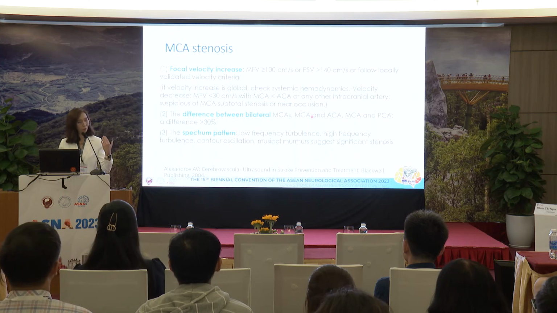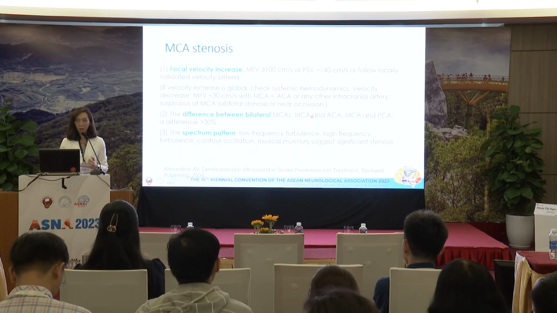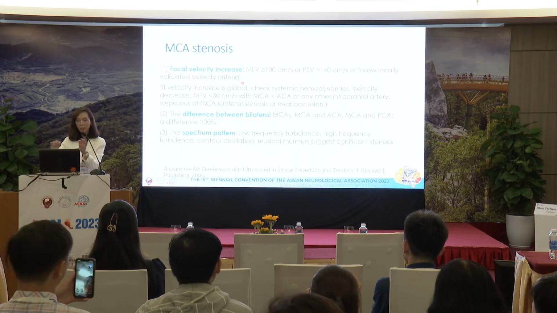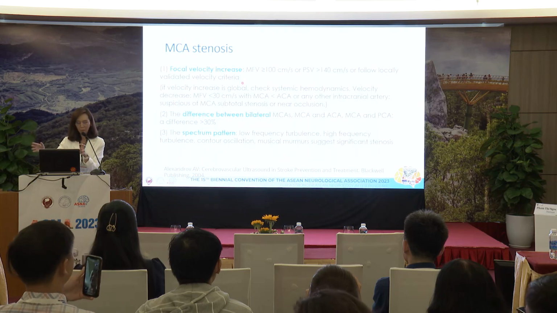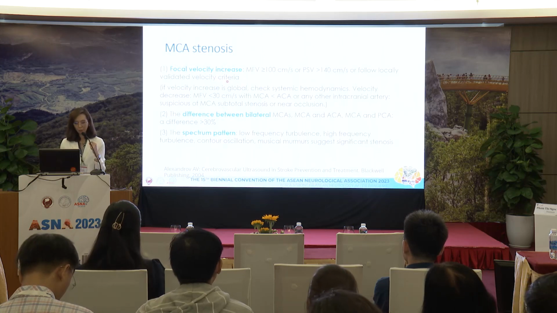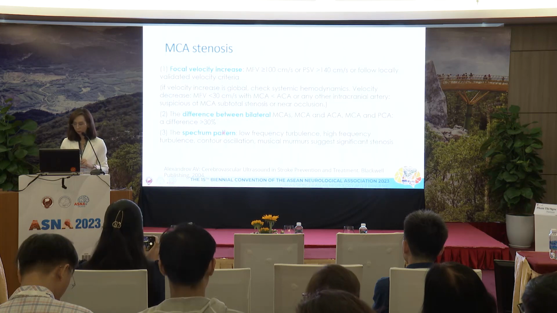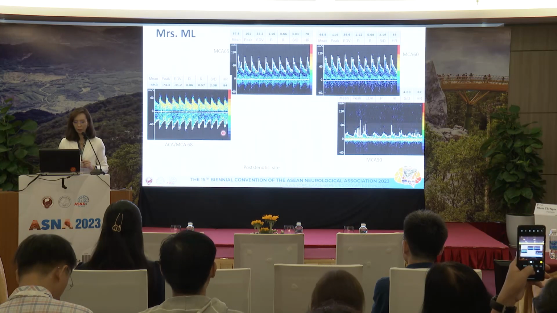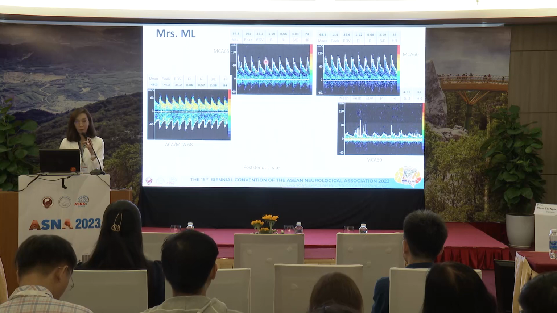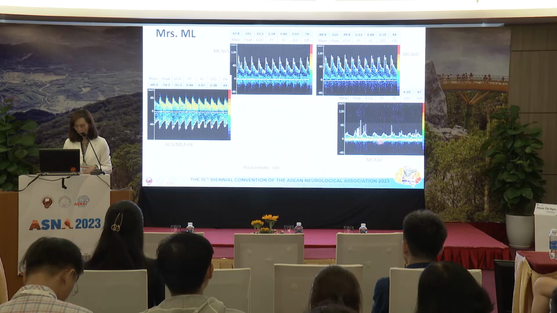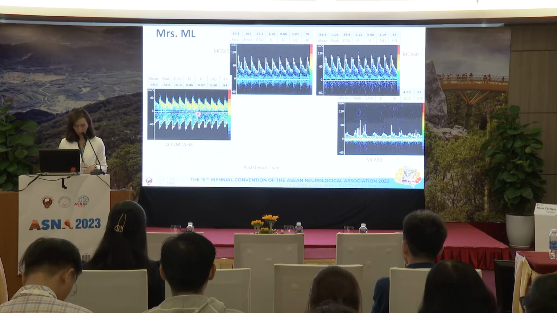There are some criteria, and Romani has mentioned some of them. What we expect is to have focal velocity changes, right? If the velocity is the same at all depths, it would be normal, or maybe no focal stenosis. But if you see focal velocity changes, it's very likely that it's a stenosis, right? And this is what it looks like when we perform TCD on the patient that we are having. So this is at a depth of 65 of the MCA here, depth of 60, depth of 50, and this is 68. What do you think?